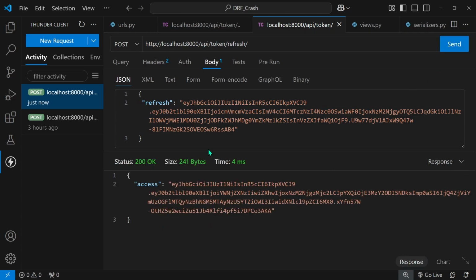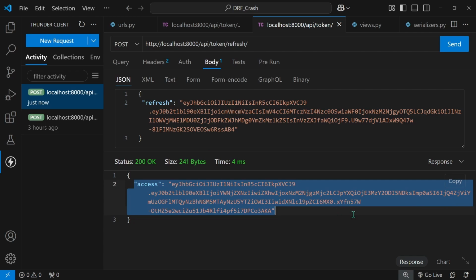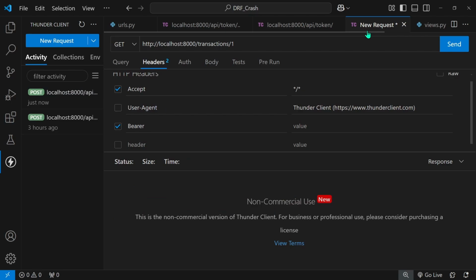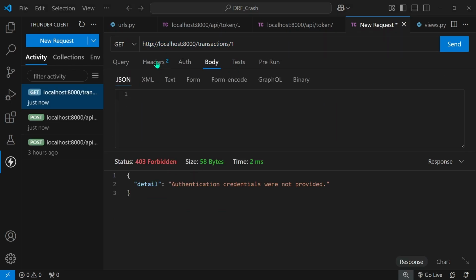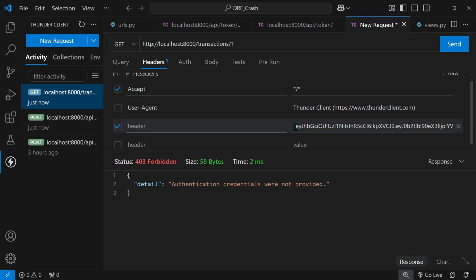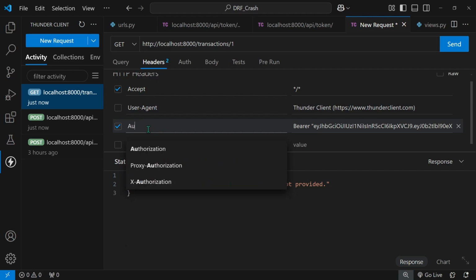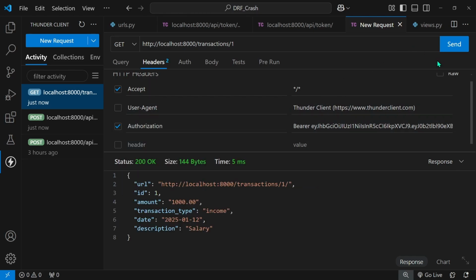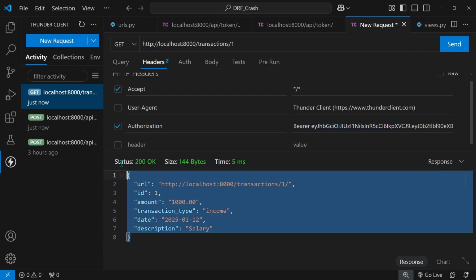Let's see if I can access our API with this access token. I will copy this access token out and I create a new request. This is going to come to the /transactions/1. So I messed up this. Actually, this has to be Bearer, and then comes this token. And this has to be Authorization, just like we did before when I was doing the calendar app. And now it's saying okay, so I don't have to put it in strings, I just have to put Bearer, then the token in the Authorization, and I get back the data